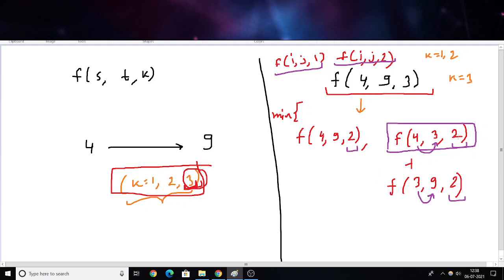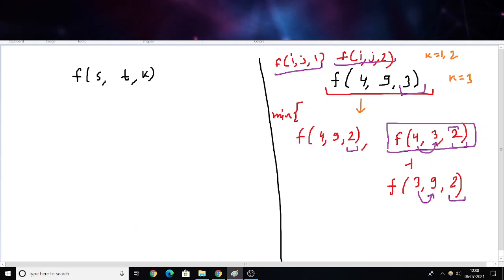It doesn't matter what we write here. We can write 2 or 3. That would be the same thing, because 3 is anyway part of this. But we can't write 3 because we don't have the answer for that right now. We only have the answer up to k minus 1 while we are calculating the answer for k. So that is important. Once you do this, you will figure out the transition.